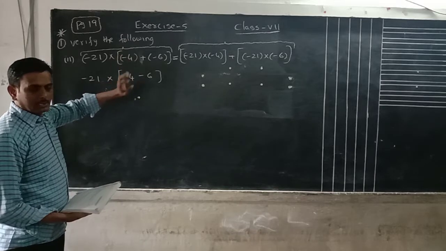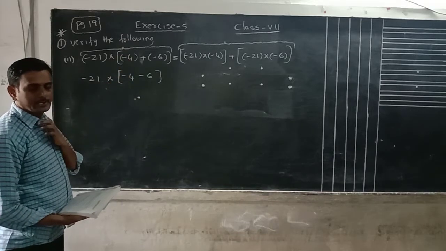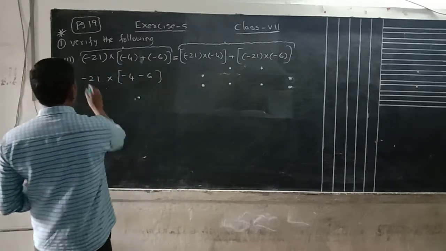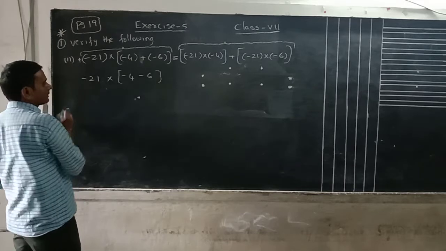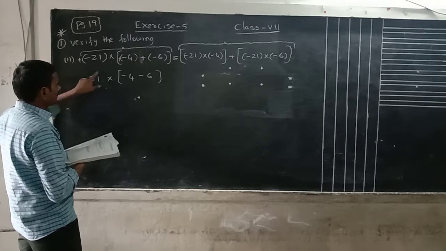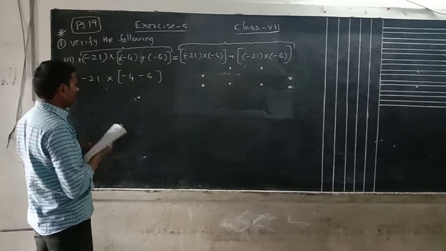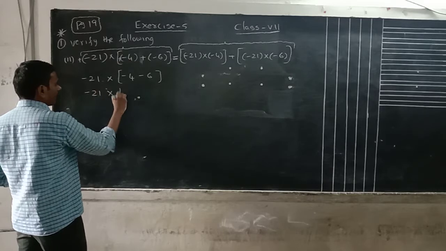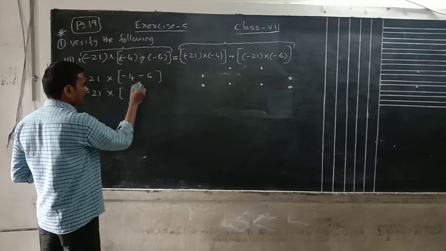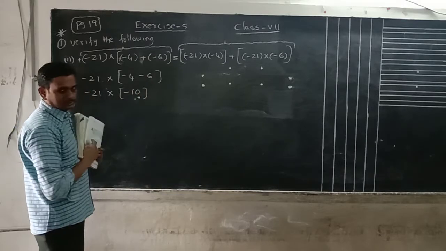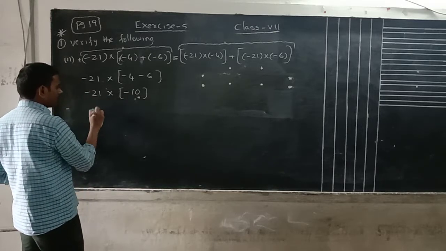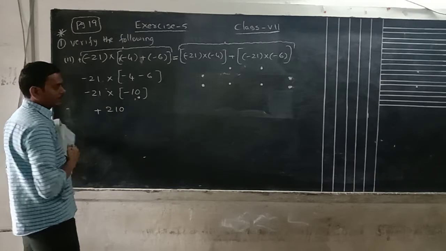Remove the brackets first. Already I told you. While simplification is going on, we have to remove the brackets. Okay, plus into minus. Here nothing is there. Nothing means that is taken as plus. Plus into minus. Now simplify. 21 into, both have the same sign. Minus 4 minus 6, both have same sign, so add. 4 plus 6 is 10. Which sign is there? Minus. Minus 10. So now multiply this. Minus into minus is plus. 21 10s are 210.